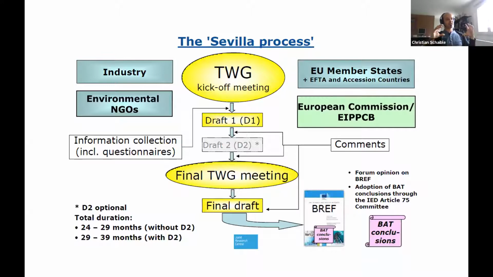Once this has been sorted out, and this can take 2 years up to 3 years, depending, well, this is the formal BREF rules, which say it should not be more than 2.5 years normally. This also depends on how much data is being brought to the table, how long it will take, the scope extension or not. But once you have done that, you will have a final BAT conclusion text. So this is the binding part, which can also be in itself 100 pages or more. And based on that, it will go to the forum.